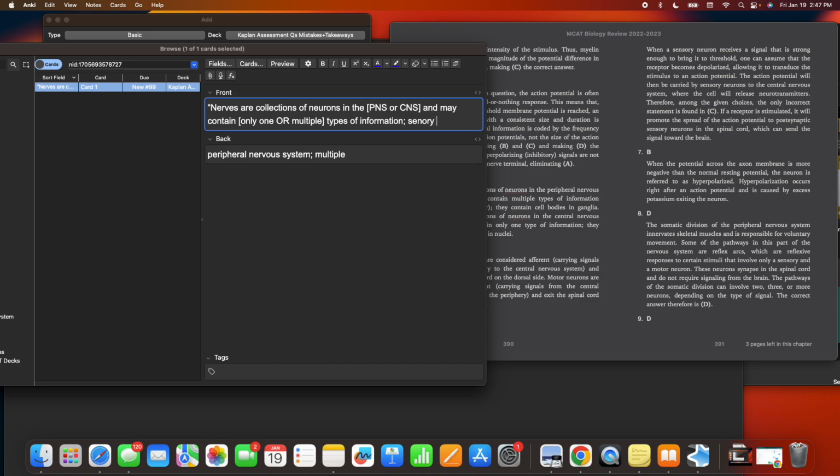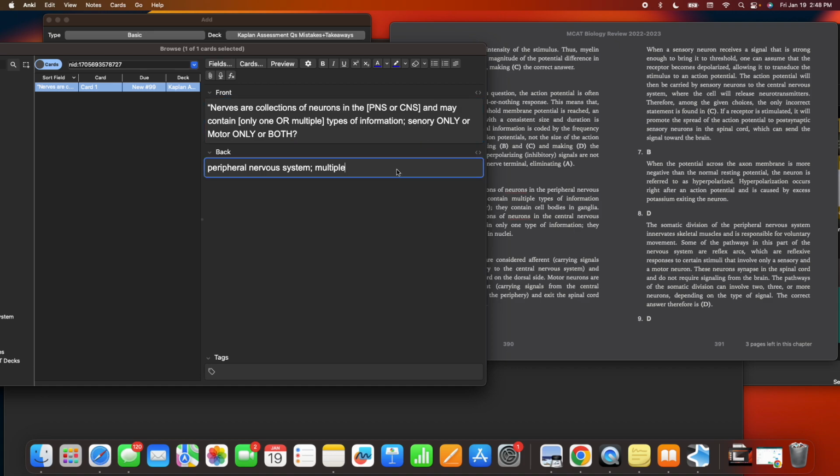Sensory only, or motor only, or both. Both. Sensory or motor. And why is that, right? Because